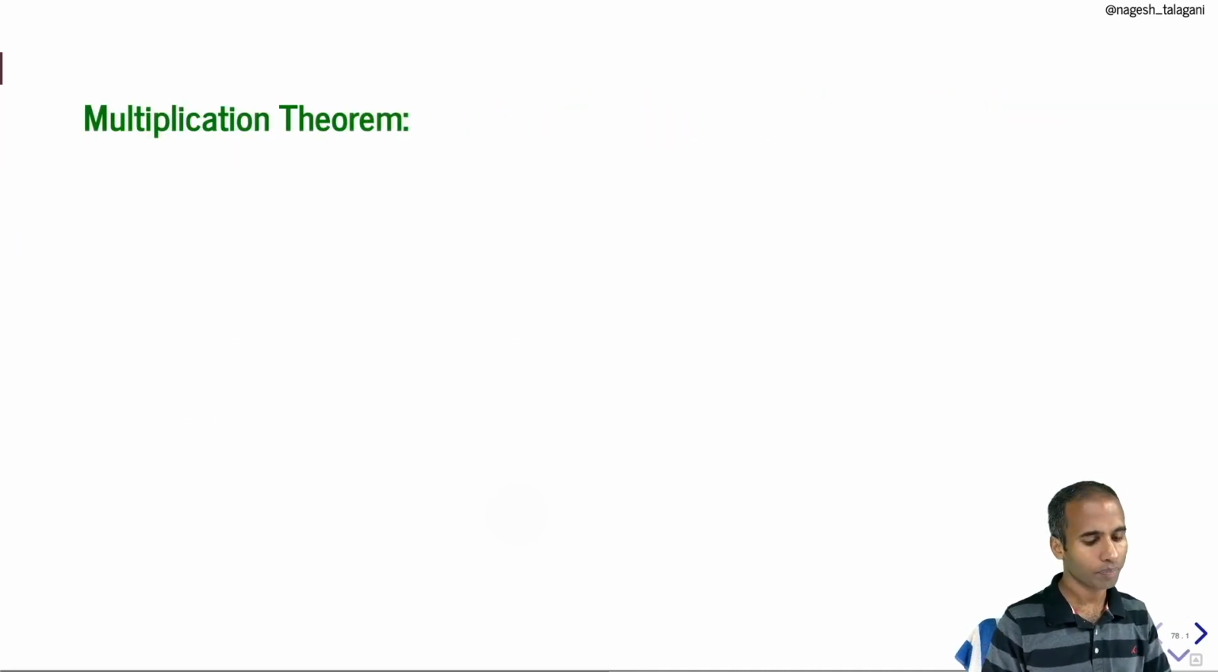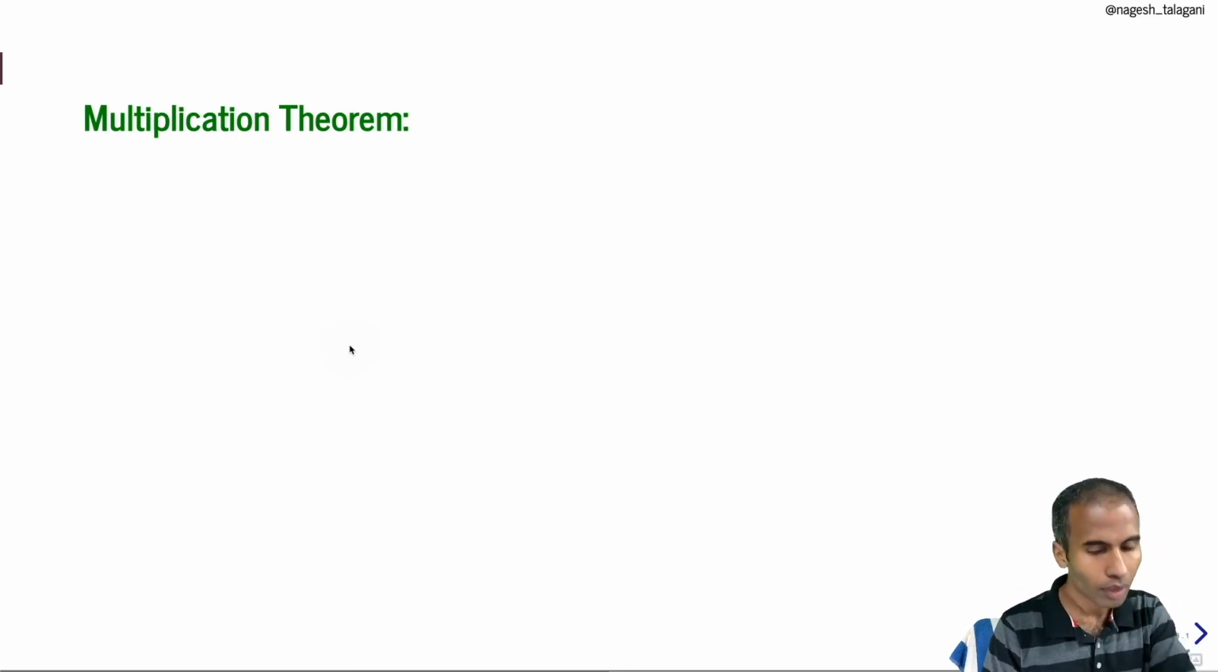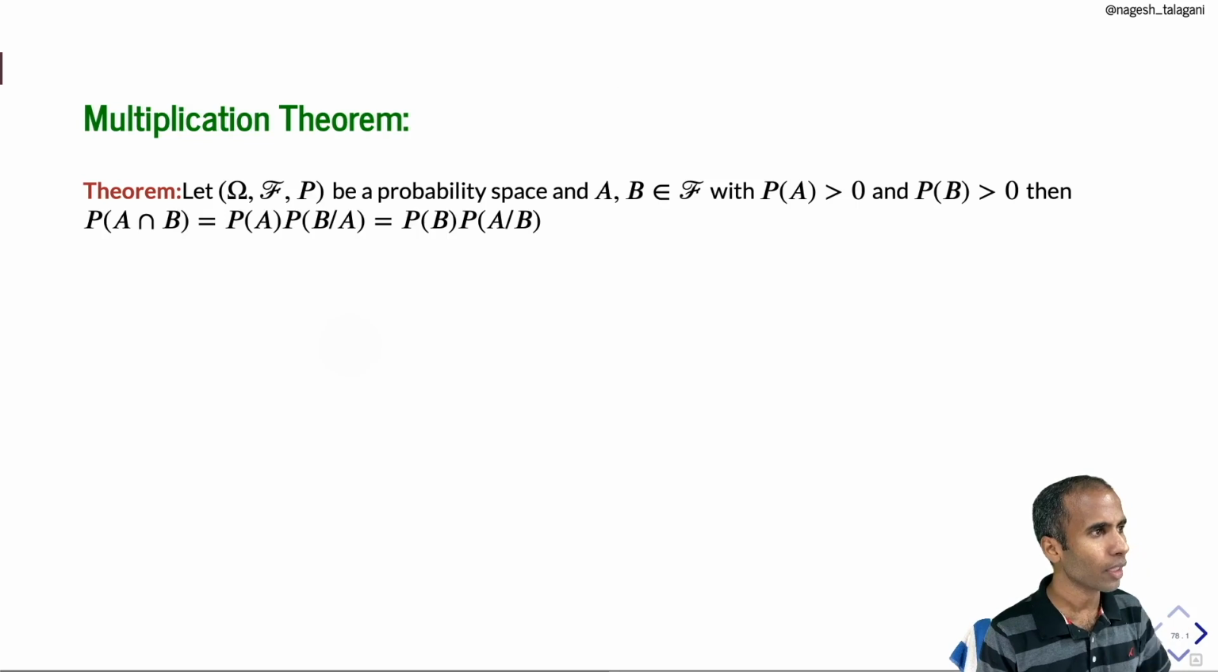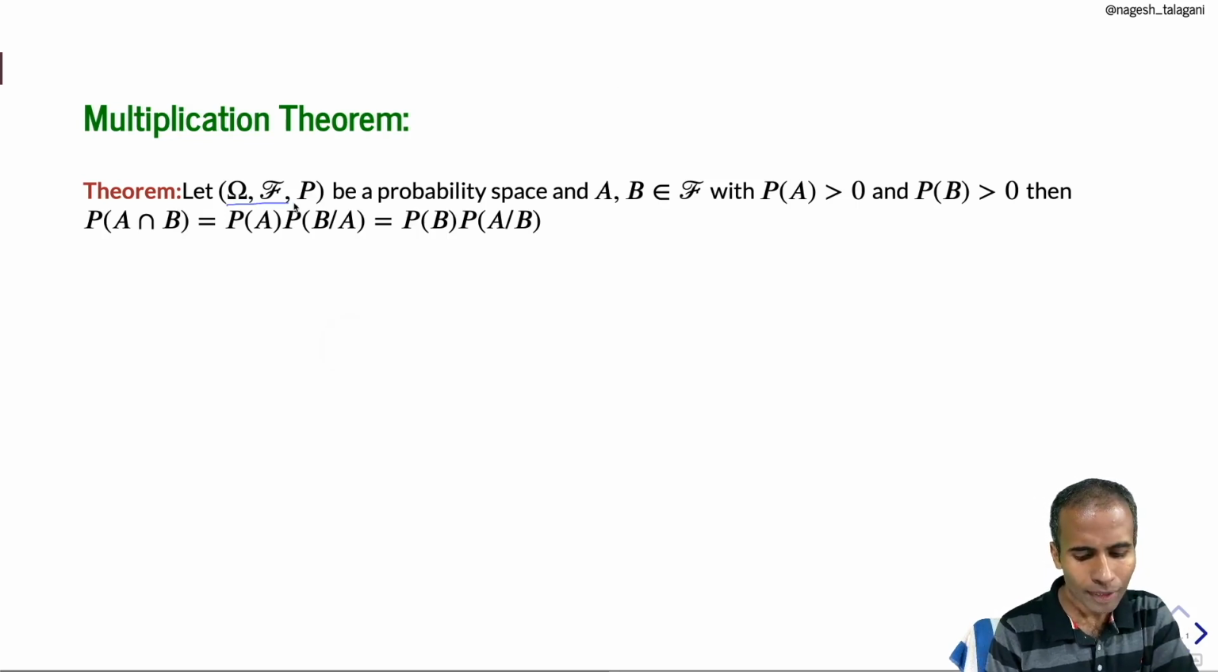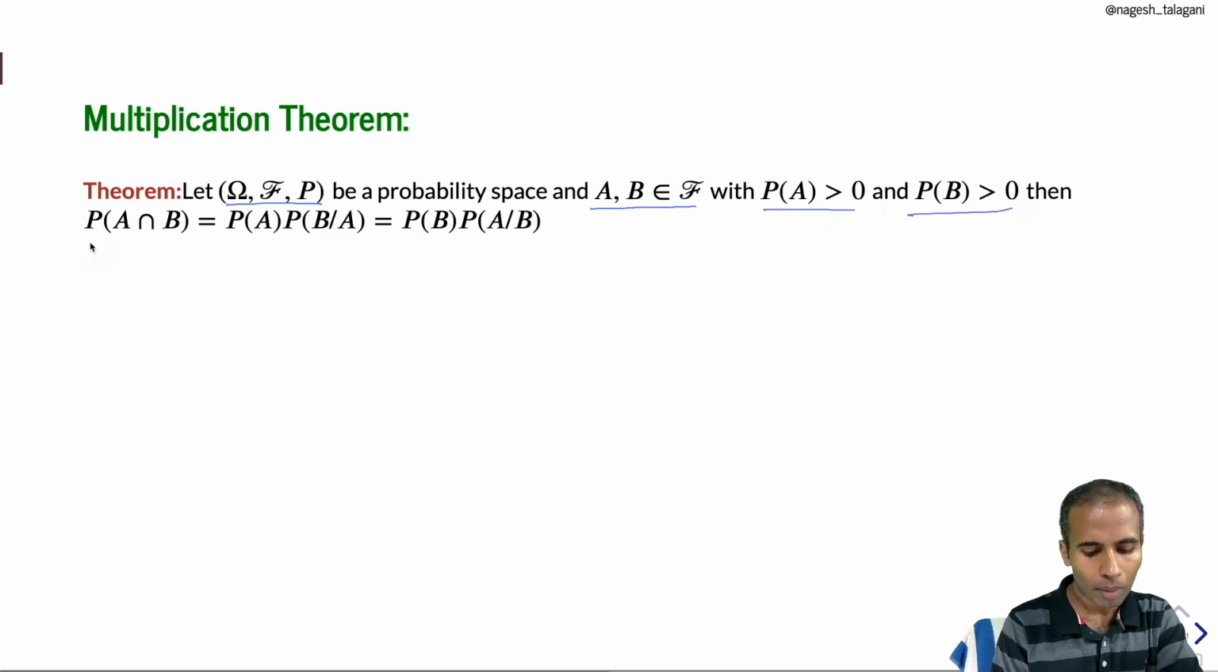Multiplication theorem. Here is the statement. Theorem. Let (Ω, 𝒜, P) be a probability space and A and B are two events in the event space with probability of A positive and probability of B positive. Then probability of A intersection B equals probability of A times probability of B given A,